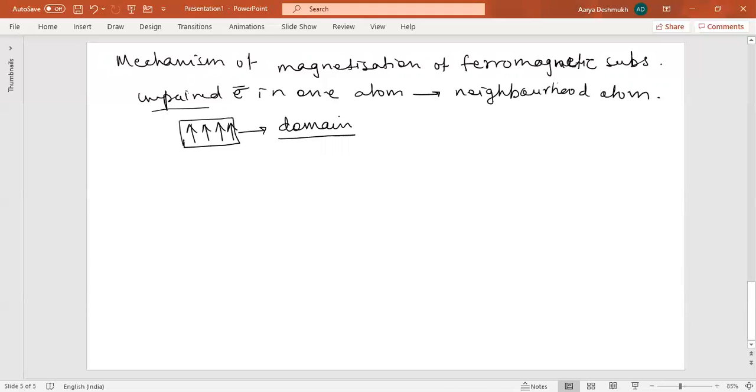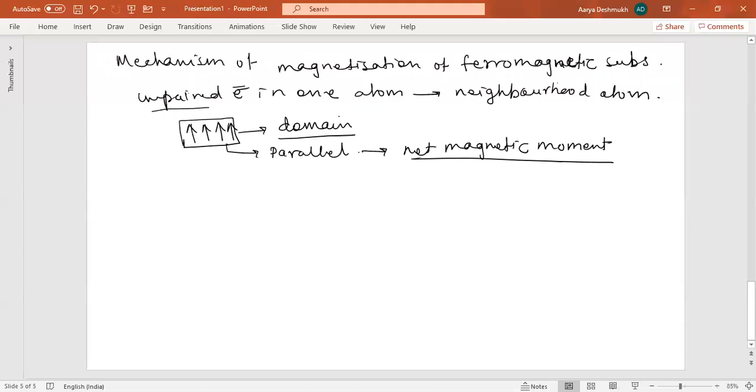So the magnetic moments of all the atoms in a domain are parallel to each other. So this is actually the parallel position of the magnetic moments. And they possess a net magnetic moment also. So here there is some net magnetic moment. This net magnetic moment, or the total magnetic moment, will be due to the presence of a number of atoms. Means each and every atom will have its own magnetic moment, and if you combine those together, that is called the net magnetic moment or the total magnetic moment.